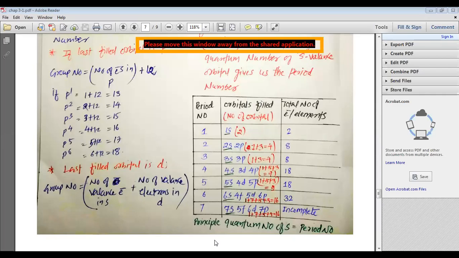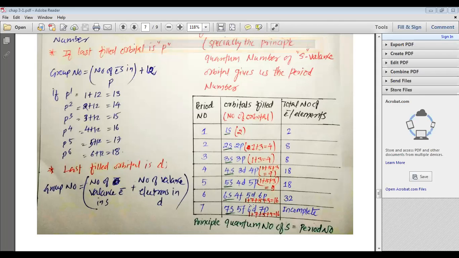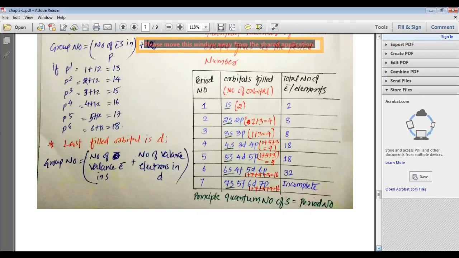We know that the 7th period is incomplete, but still if we fill all the orbitals, we would come to know that in future, if all the elements are discovered, we will have 32 elements present in the 7th period, because there are a total of 16 orbitals that we can fill into it. So for any period, now you can justify the number of elements present in it. So this is how, my dear students, we can understand.